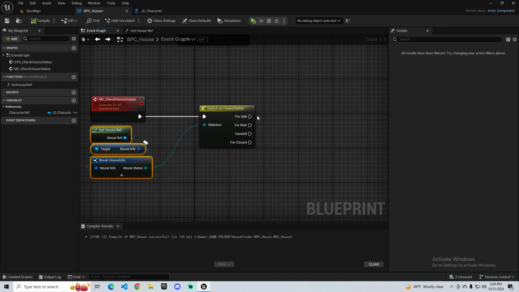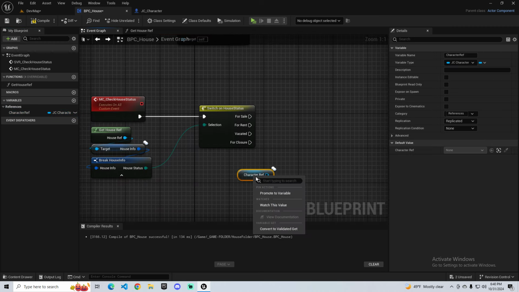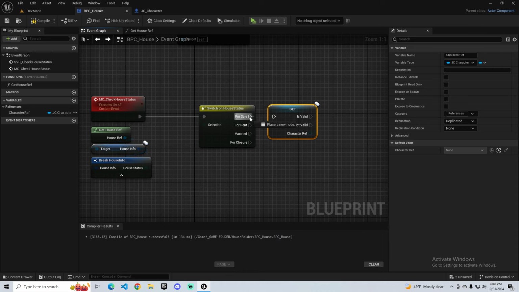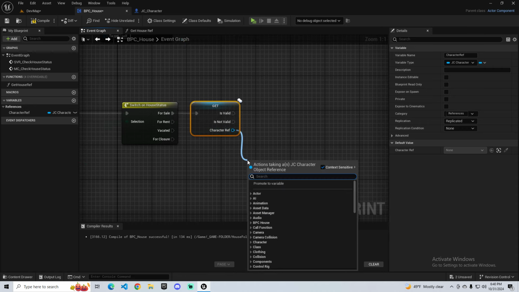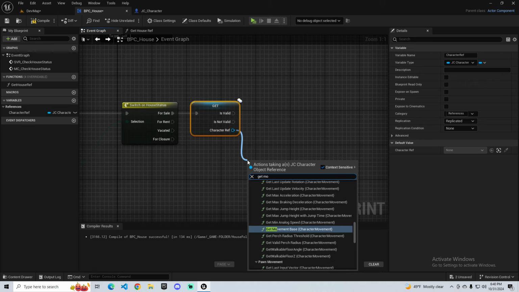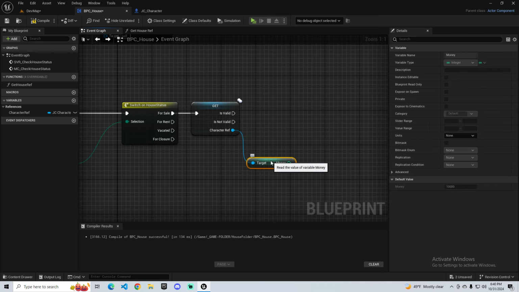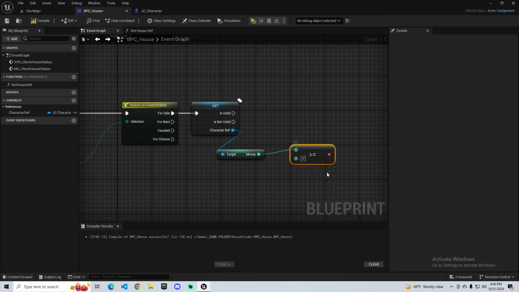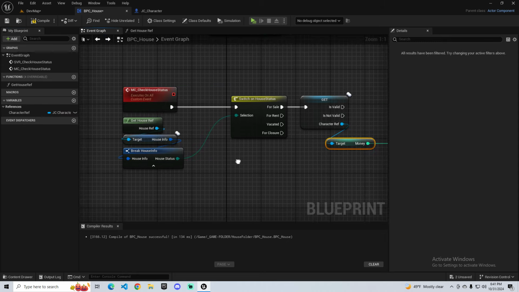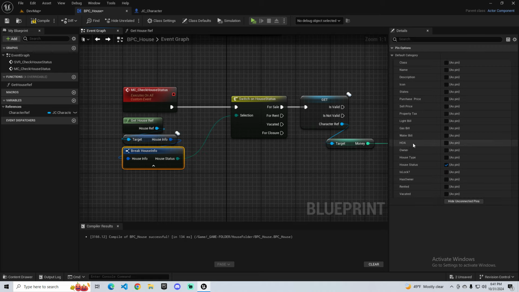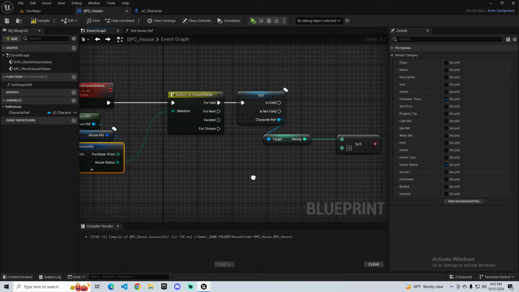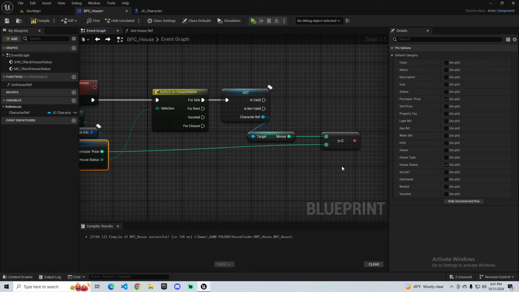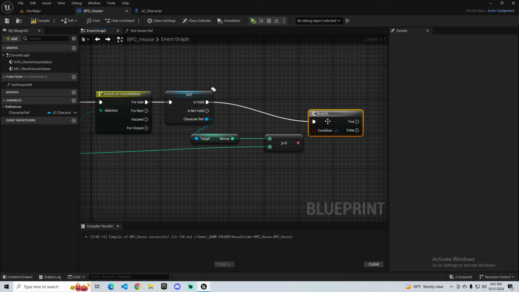So if the house is for sale, we're gonna get the character. We're gonna check to see if the character is valid first, and then we're gonna say get money. We're gonna see if the player money is greater or equal to the house purchase price. Okay, so if it is greater or equal to the house purchase price, we can say